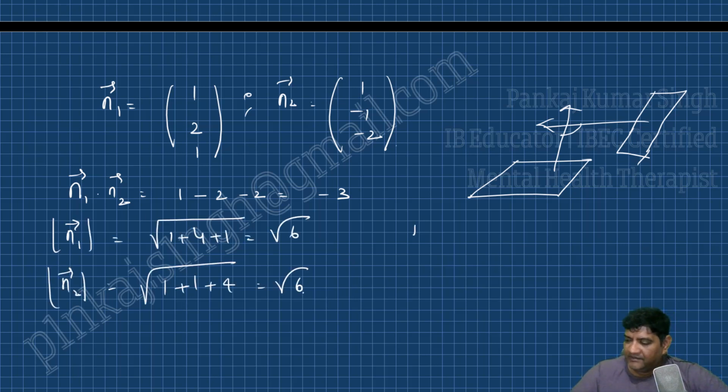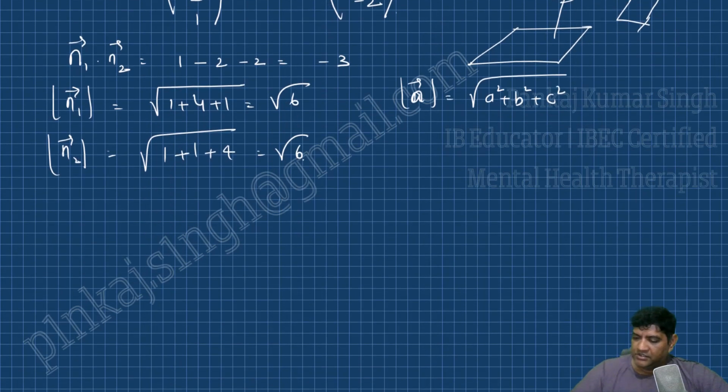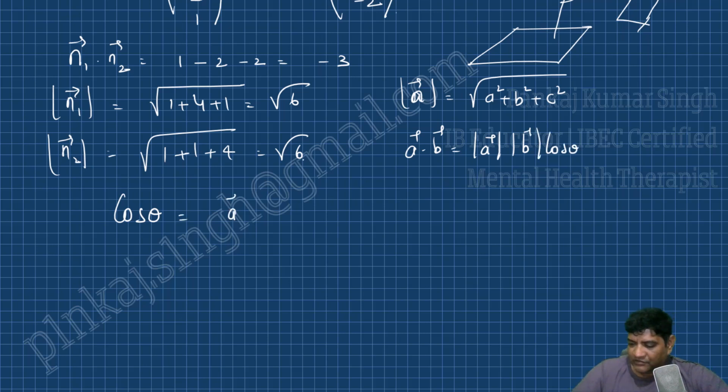If you did not know, the magnitude of any vector is simply given as the components squared, summed, and then the root of the entire thing. So what is cos theta here? What I know is that a vector dot b vector can also be written as magnitude of a vector, magnitude of b vector, cos theta. And therefore from here I can write cos theta as equal to a vector dot b vector divided by magnitude of a vector, magnitude of b vector. So quickly going ahead and substituting that, I will have,